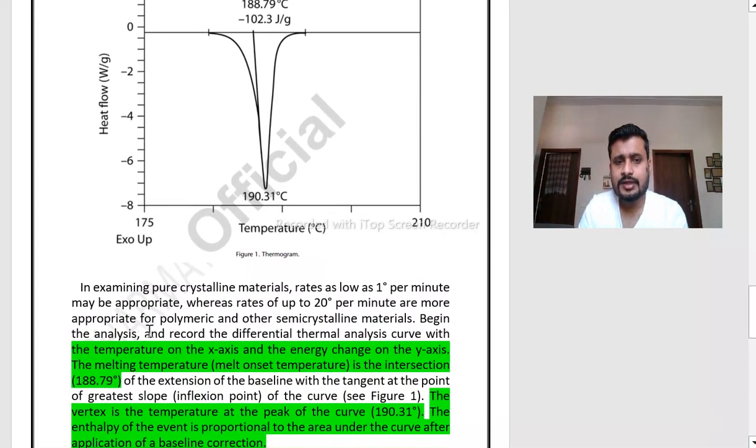The temperature is on the X-axis. This is the X-axis, and this is the Y-axis. The temperature is indicated on the X-axis. The energy change or heat flow is on the Y-axis. The melting temperature, the melt onset temperature, is 188.79. Okay, and the peak temperature is 190.31 degrees, and the value of 102.3 joule per gram,